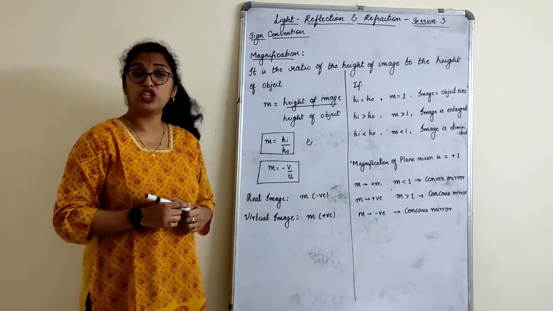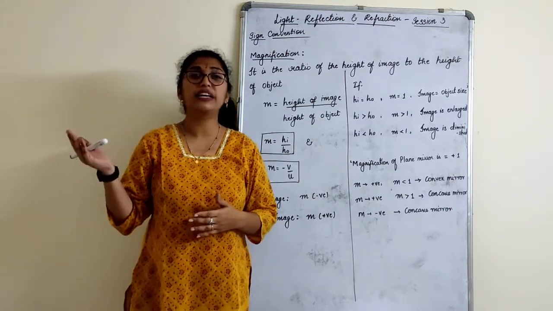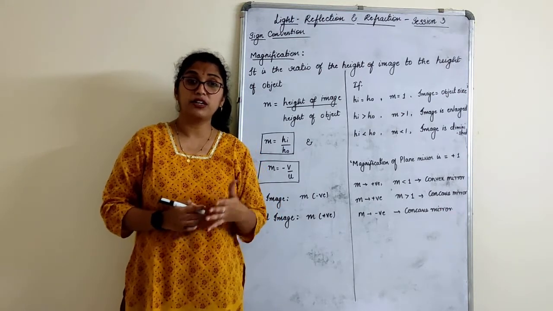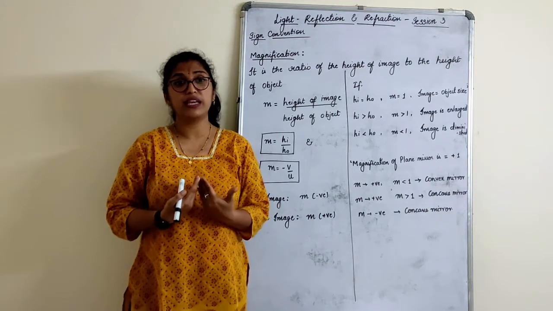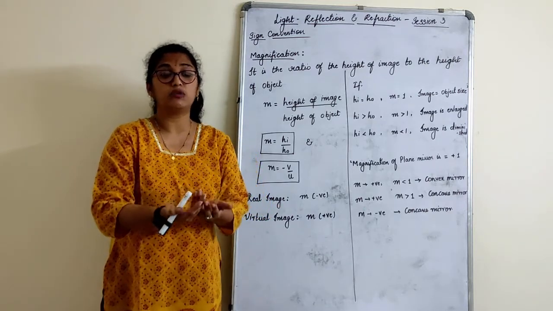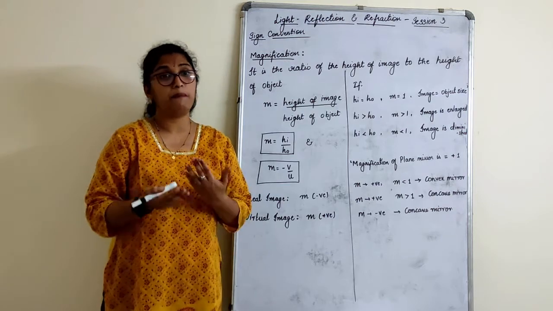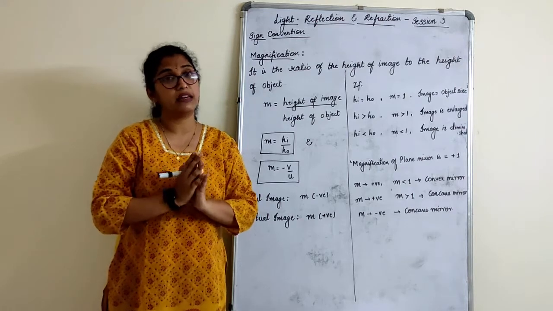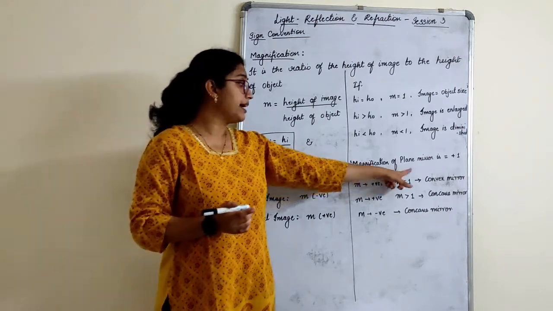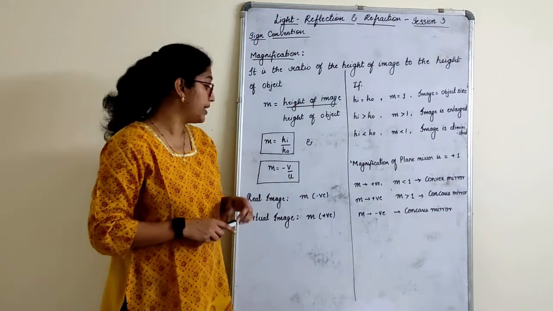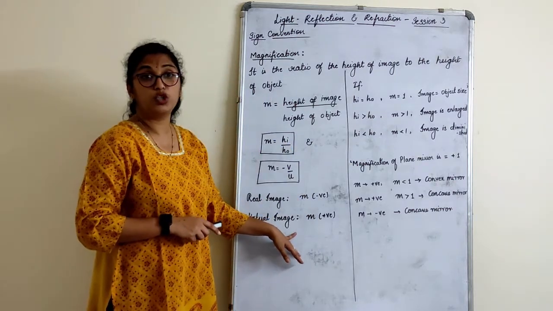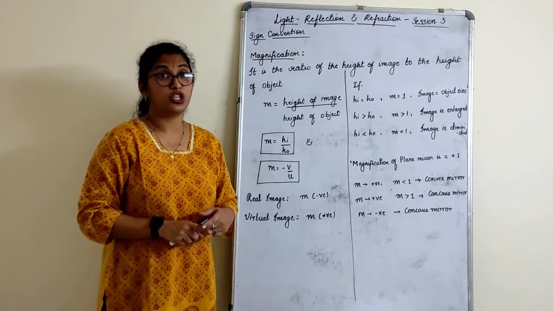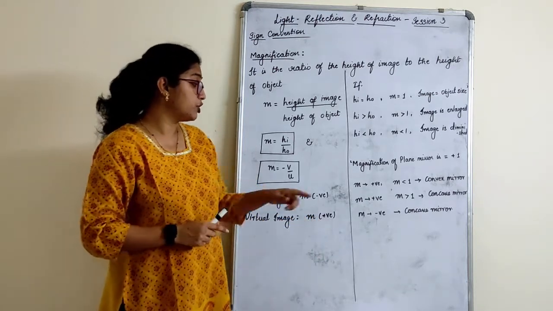Next, magnification of plane mirror. What is a plane mirror? What we have at home. What is the magnification of plane mirror? It is +1. Why? Because it gives us a virtual image. So we get the same image size as the object size, right? It will not give up and down there. Whatever is your object, same is the image what we get in the plane mirror. Please remember, magnification of the plane mirror is +1 because it gives us virtual images. Virtual images always have positive magnification.